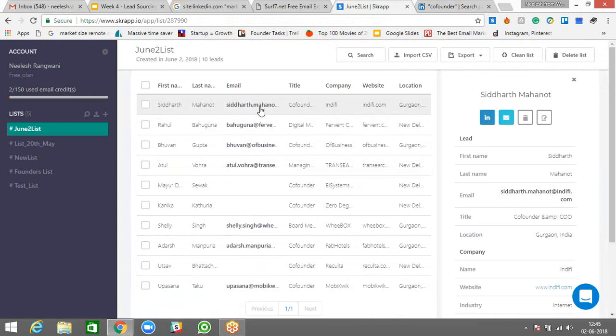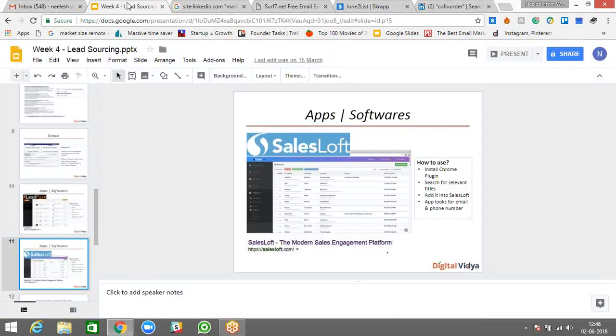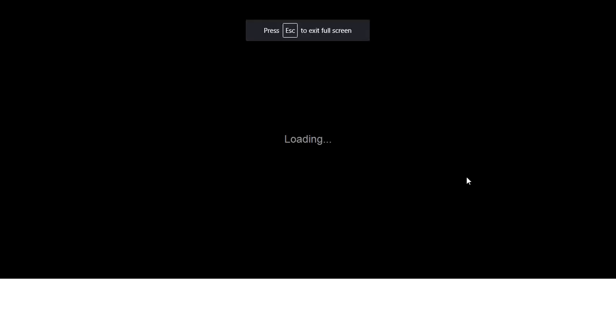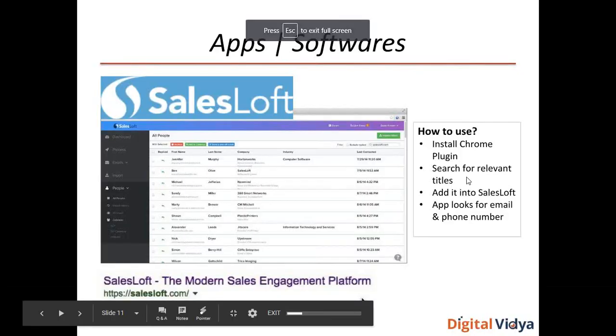You can also buy a paid version of this tool and extend your email extraction. Clear? Moving on to the next topic. Away from these tools, back to our previous one, but in a different way.